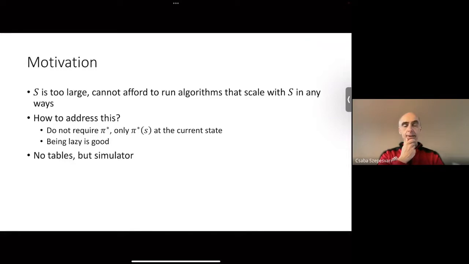And so the realization is that maybe you don't need to do this. Maybe the real thing is that a state arrives and then you just want to do some computation, output an action, and then go on with your life. So you want just an action at a state, which is part of the input. You're localizing the computation to that state. This is why I call this local planning.